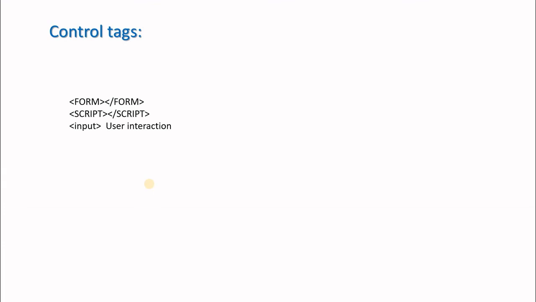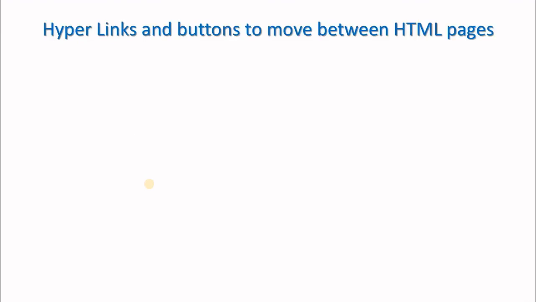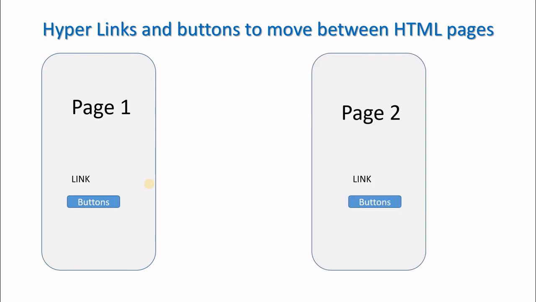In addition to that, there are some control tags where you will be including external scripts, like jQuery or AngularJS, and forms also will be used. These don't have direct control over the layout and look and feel, but they control a lot of user interactions. So different types of input, text box, submit button, images, those are the components. Anyway, we'll study those further. The basic thing you must always remember is that hyperlinks and buttons are used to move between HTML pages, and that is the basis of our internet, or hyperlinking.